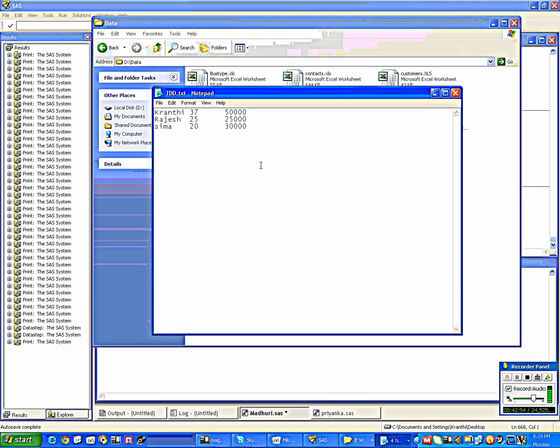Then after 50,000, if I use the tab, it will give the length of 3 because these are 5, then later it will give 3. Here also it will give 3. So this is called tab separated. Tab means it will give you 8 along with the text. The length is 8 tab.